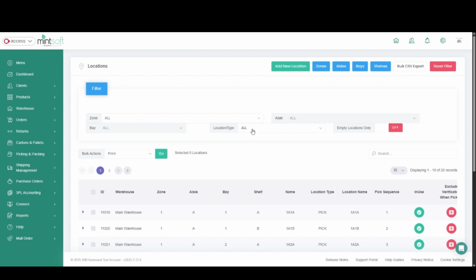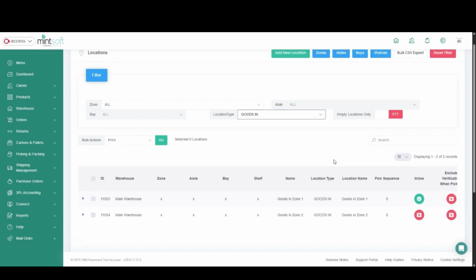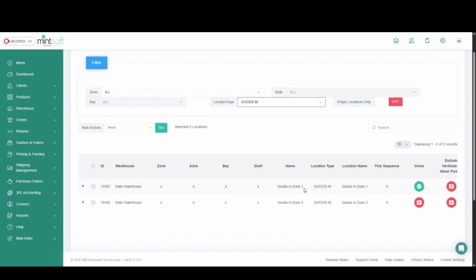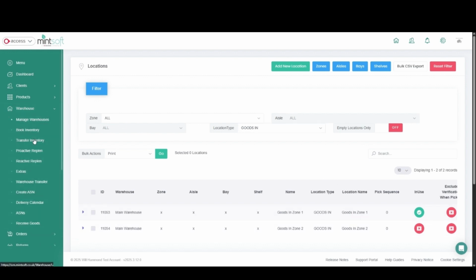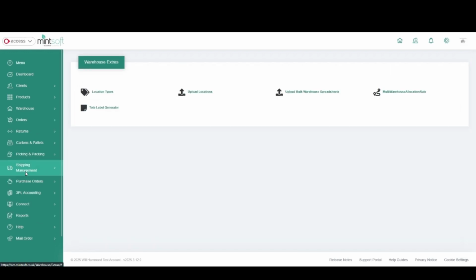If we filter by location type, I have a goods in location type, and you can see I have a goods in zone 1 and a goods in zone 2. To set these up, you can export your locations here and add a new location and make sure the location type is goods in. You might need to set a goods in location type up first, and to do that you'll need to go to Warehouse and then Extras. Head to the location types page,